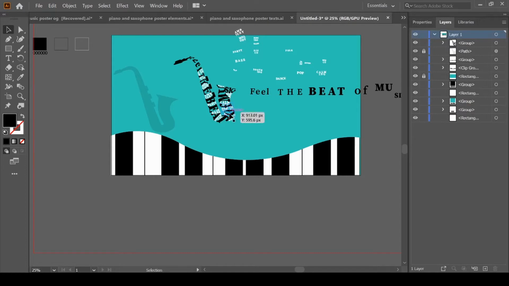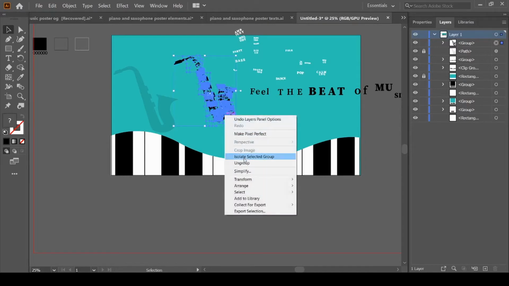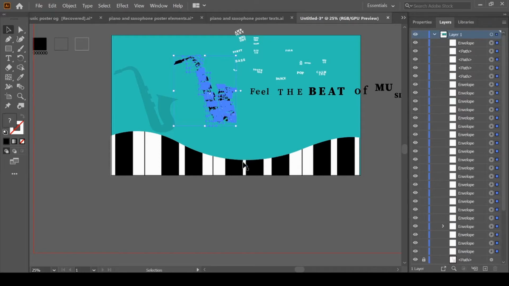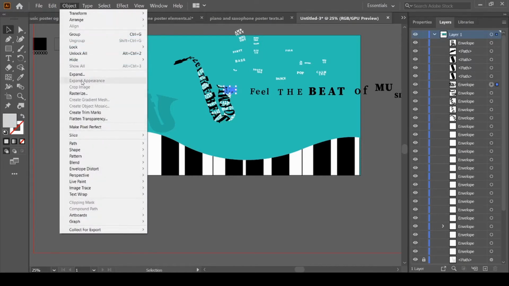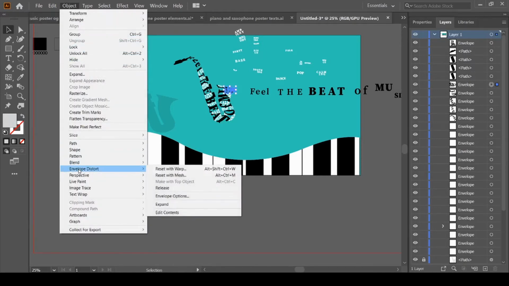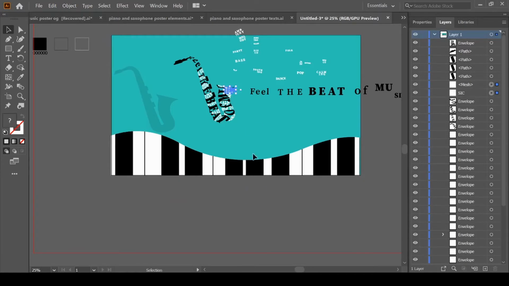Now if you guys want to know these text characteristics, what you can do is just click on this and then ungroup, and then select any text. Suppose I am selecting this one, then go to object, envelope distort, and then click on release.